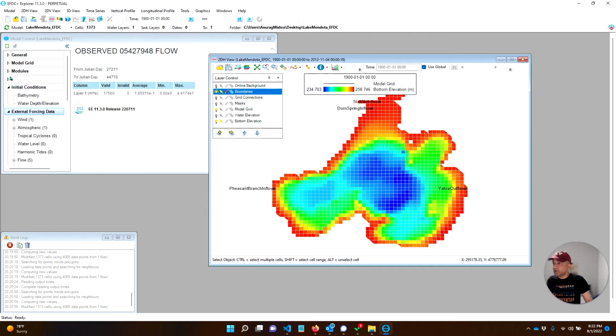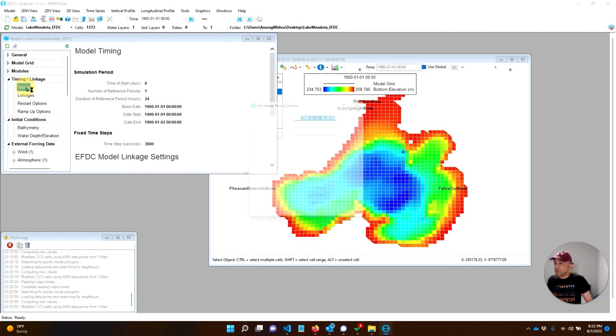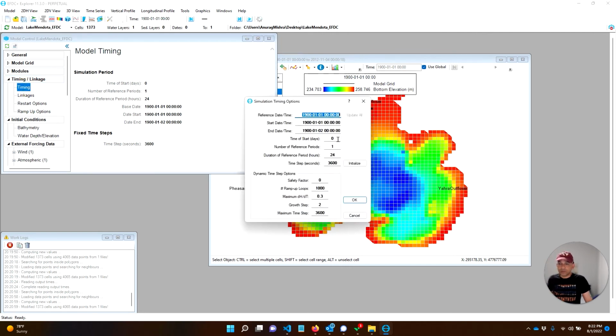Want to change the timing also, because right now the model is starting on 1900-01-01. I checked the availability of data, and I think the best time to start would be 41120, and I'm going to run it for 5 days. And this one, I don't think you should worry about it now, but you should look at other EEMS videos to figure out what's the best time step to select and how to improve upon it. And some of it you can learn through trial and error. Some of that you can look at the guidance. So I'll click on OK here